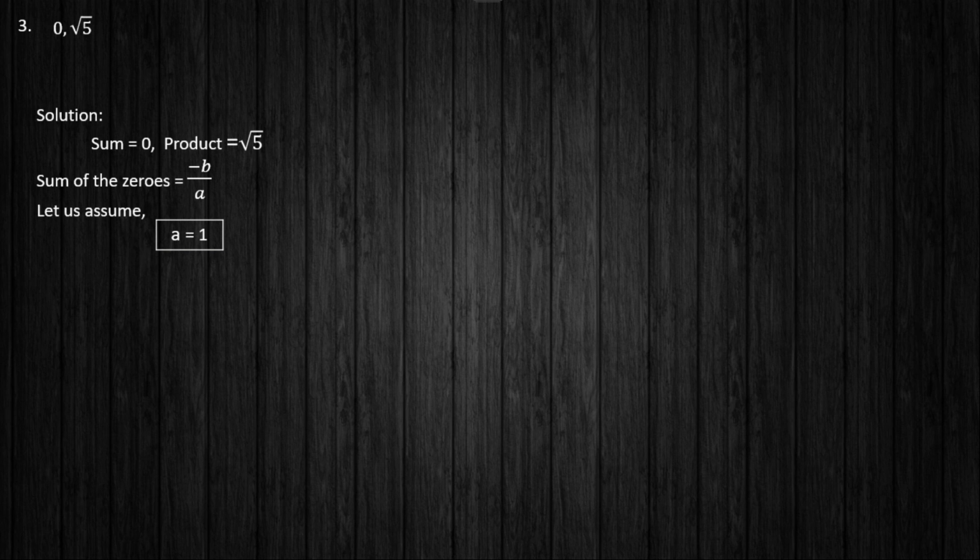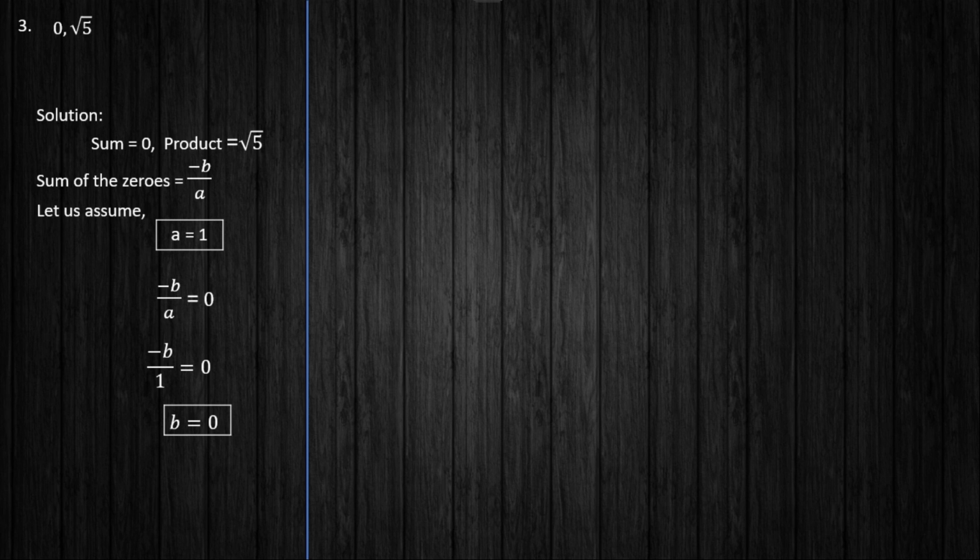After that we need to equate the sum 0 to the formula, that is minus b by a. So minus b by a is equal to 0. Since we have assumed a is equal to 1, we need to substitute 1 in the place of a. So it will become minus b by 1 is equal to 0. Now by cross multiplying, we will get 1 into 0 is equal to 0 itself. So the value of b will become 0. Since 0 is a neutral number, there is no negative or positive side of it. So b is plainly 0.